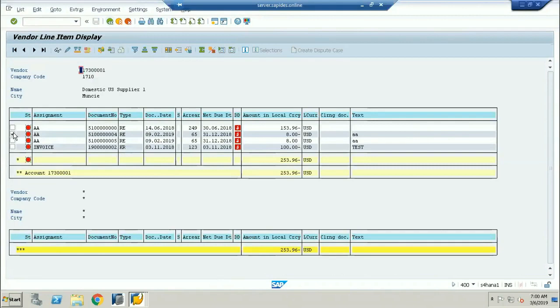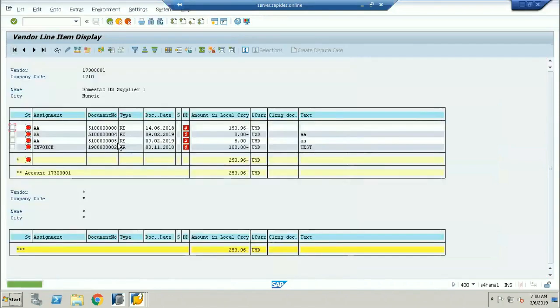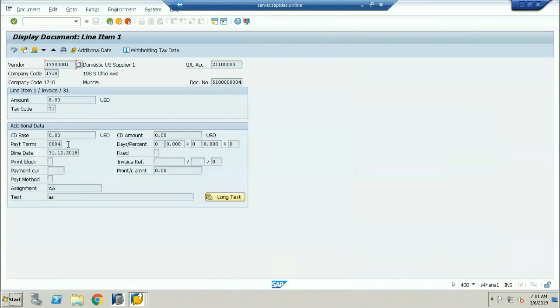Now, if I go and see here, all the invoices have already been posted earlier, so there will be no effect on the posted invoices. Now my doubt clarification here is, okay, forget about the changes you have done. For the 004, why is the system taking 31/12/2018 as a baseline date? This is exactly my doubt.